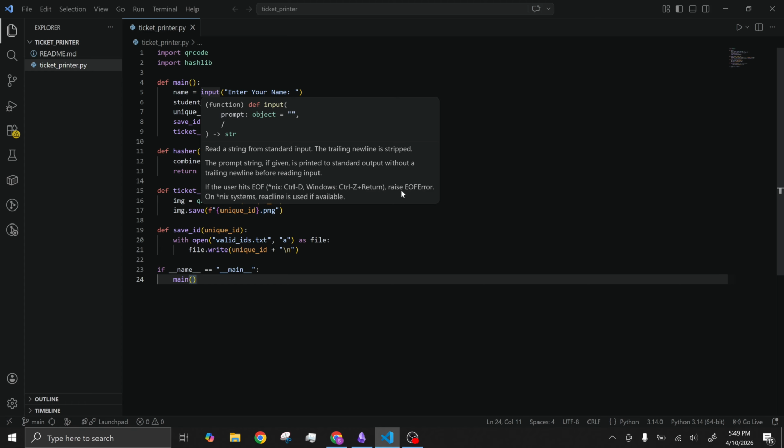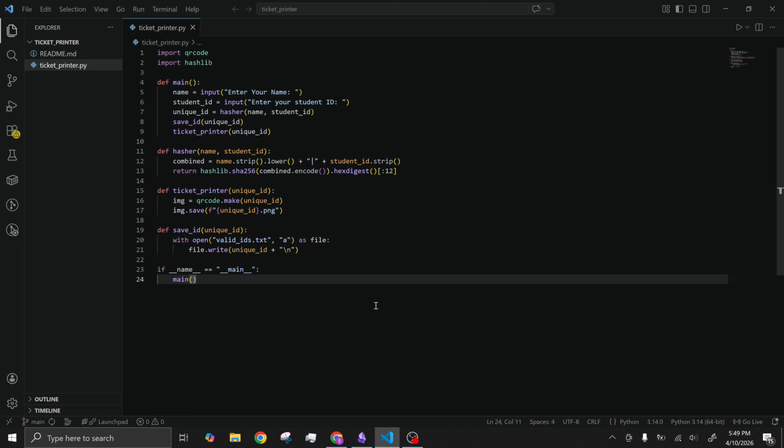Now, student ID is already unique to each person, but I thought that I would maybe go a step further. So, I decided to use the name and the student ID together to create a unique ID using the HashLib